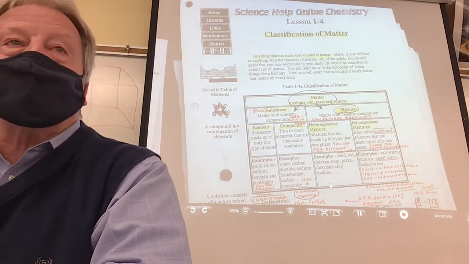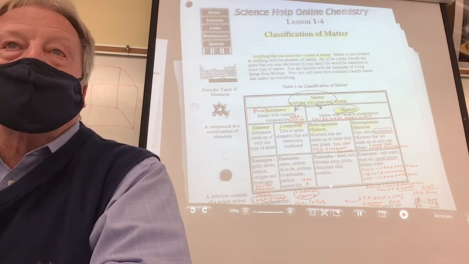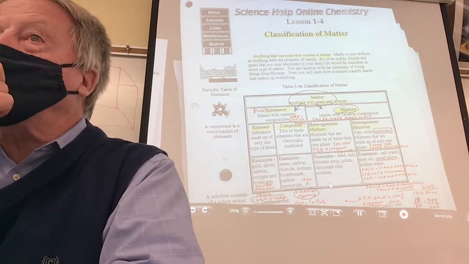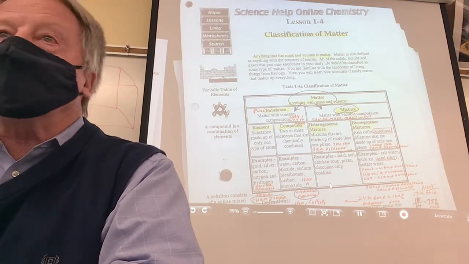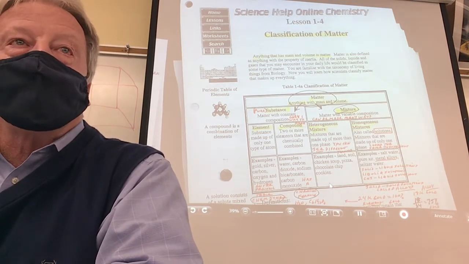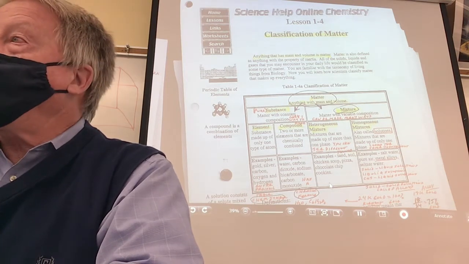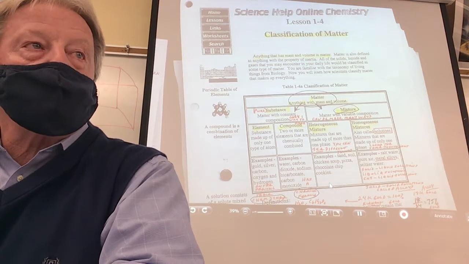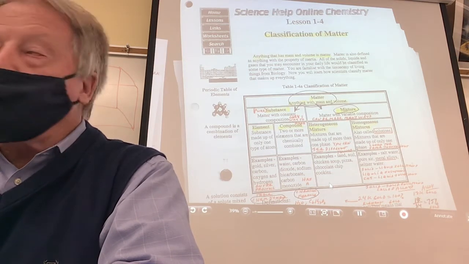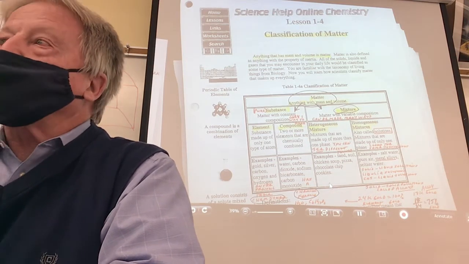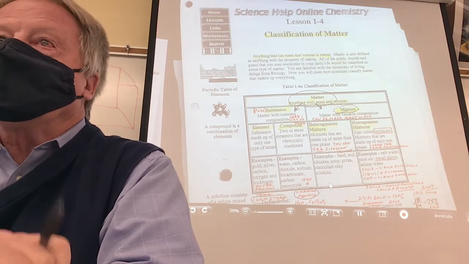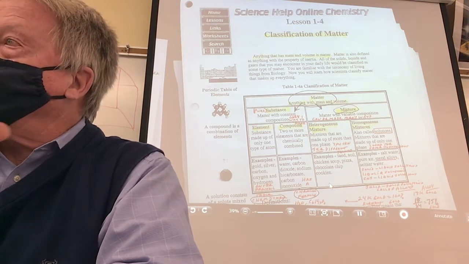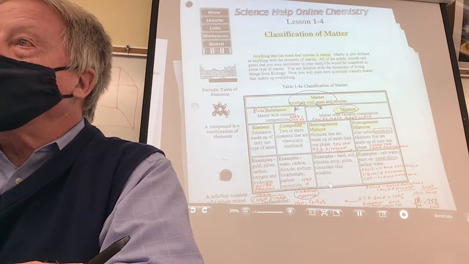Could I have a liquid dissolved in a liquid? I have some rubbing alcohol back here. It says 70% rubbing alcohol. What's the other 30%? Water. Oh, I never thought about that. Can you have a liquid dissolved in a liquid? Yes. Could you have a gas dissolved in a liquid? Yes. Carbonated drinks. Carbon dioxide can be dissolved in that water, can it?